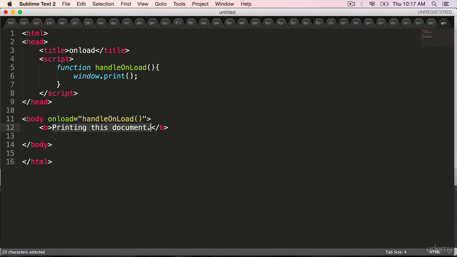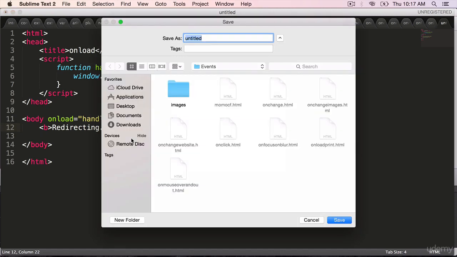and in here, instead of saying printing this document, simply say redirecting. You can redirect it to whatever website you want. I'm going to redirect it to my website. Save it, onLoad